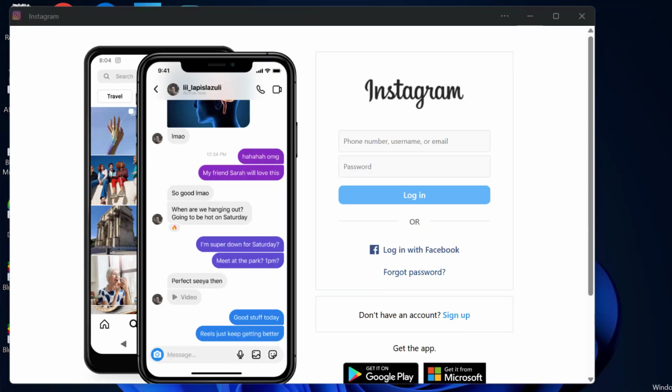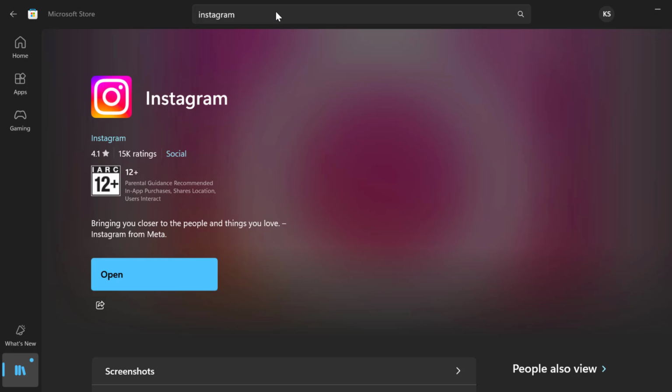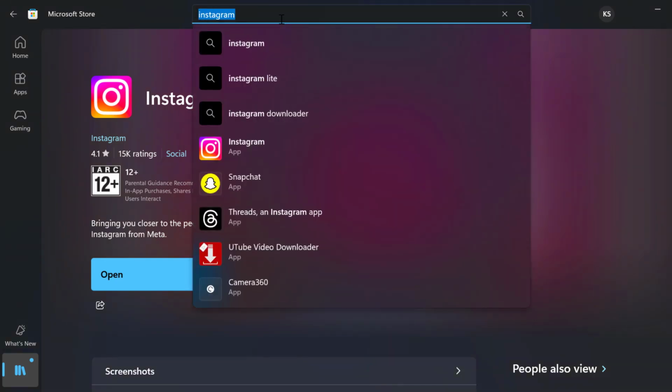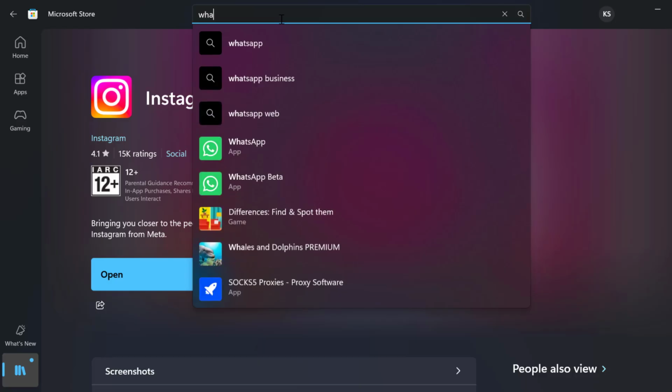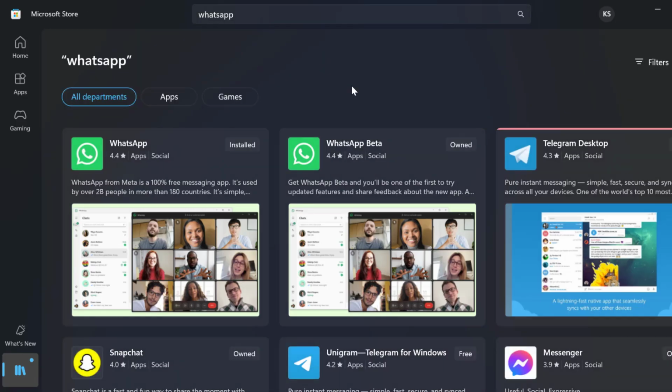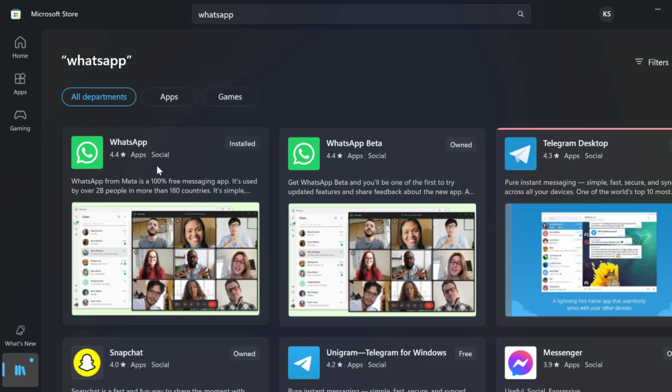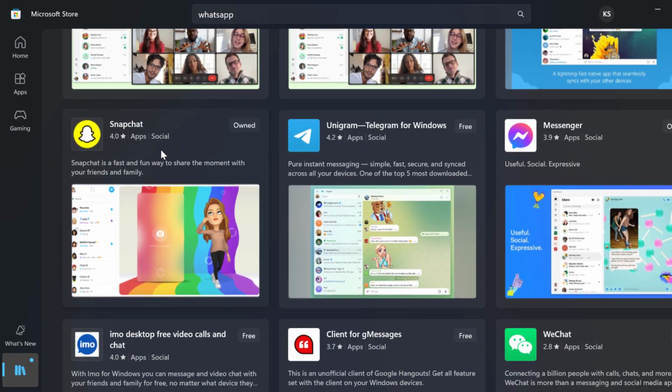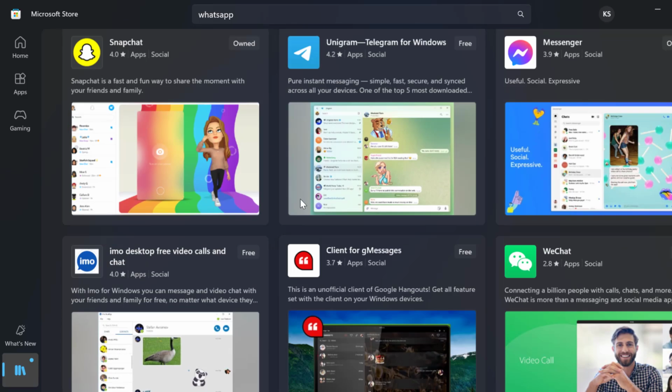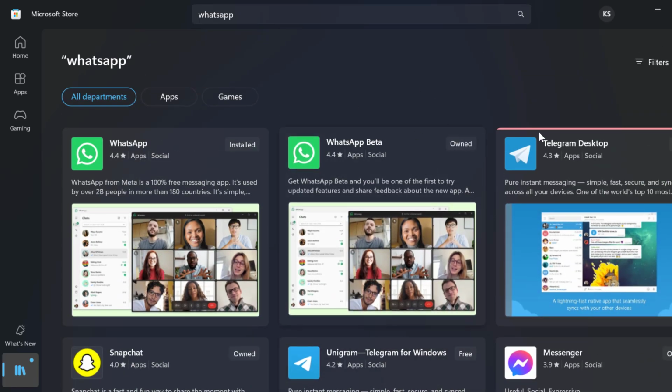The same way you can install any apps from the Microsoft Store, guys. For example, WhatsApp. You can install Facebook. You can install Snapchat, and by using this way you can download any apps on your